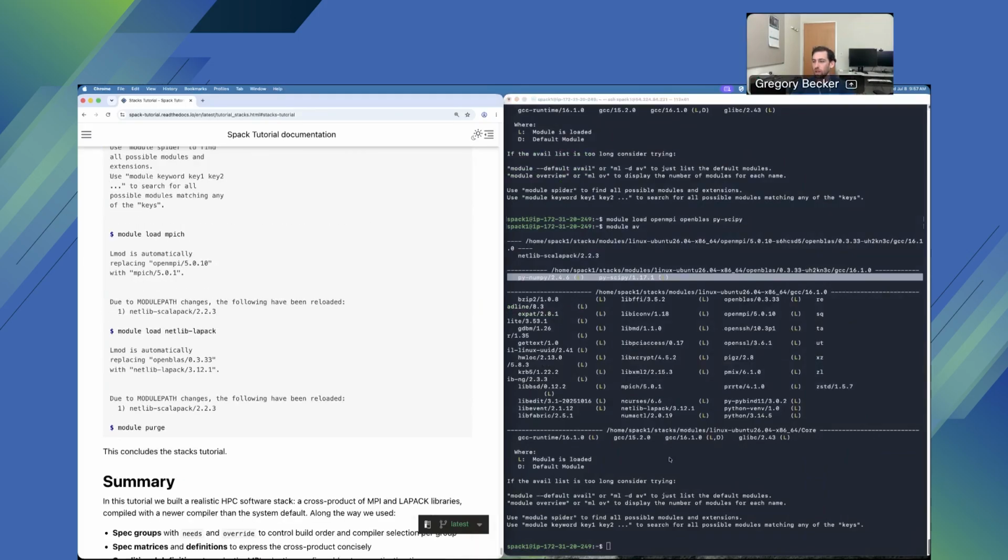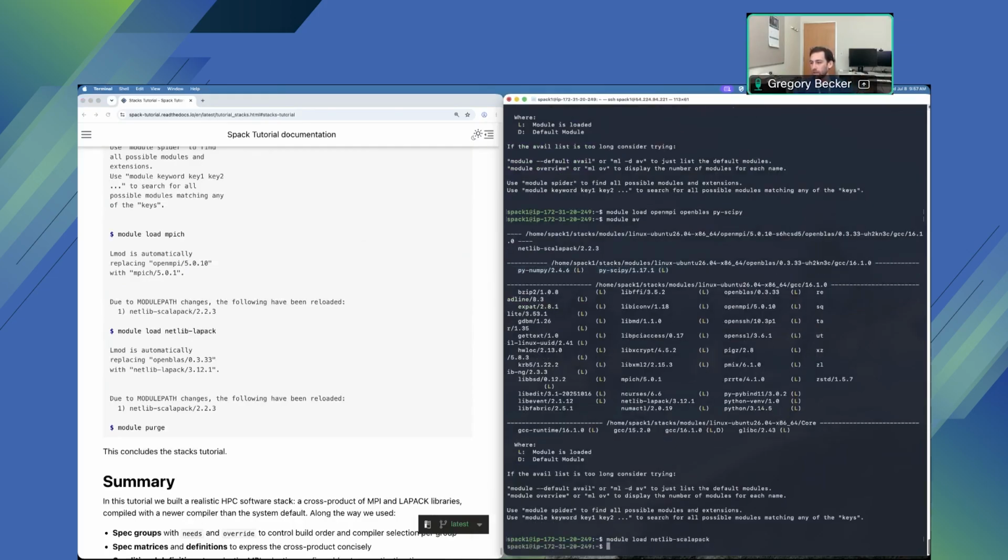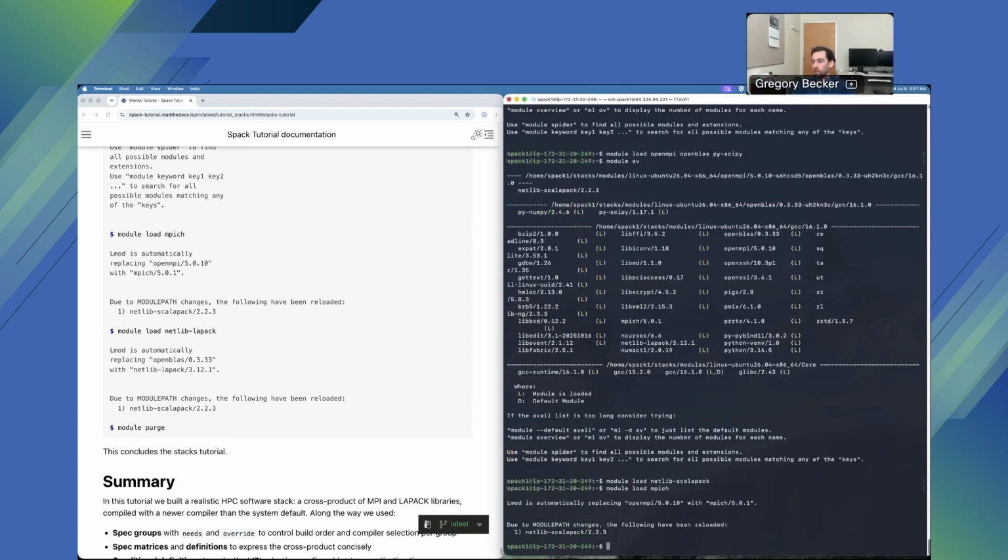Now, if we module load netlib-scalapack, Lmod will actually help us out here and will prevent us from getting things cross-loaded. So if we do a module load mpich, you'll see, okay, netlib-scalapack, they actually swapped out which one we had loaded. It's not this one anymore. It's the one now for mpich and